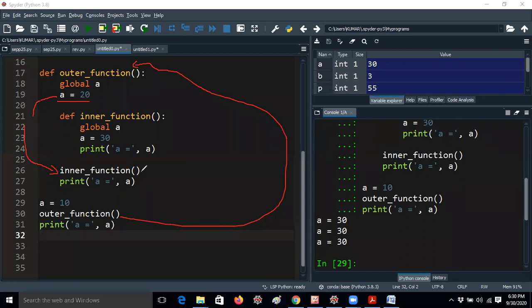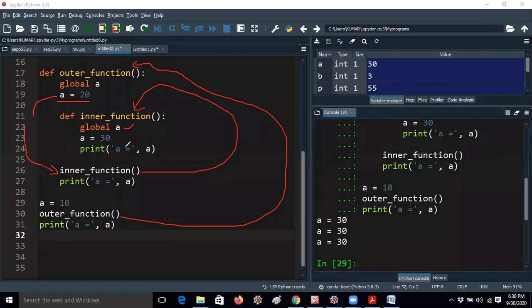So inner function means again it is a calling function. So whenever the inner function is called, it will go to this part, and it will take global a. So global a means here a is a global variable. Global is a keyword which is used to assign the particular value. For example, in C language, if you are assigning one value to the global variable, in every function that value will be the final value.